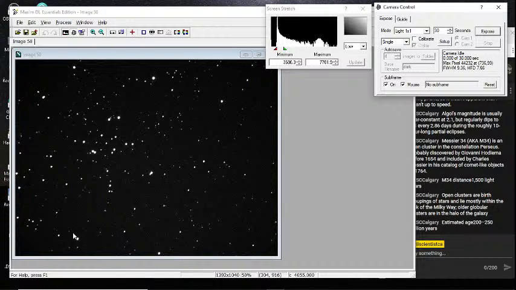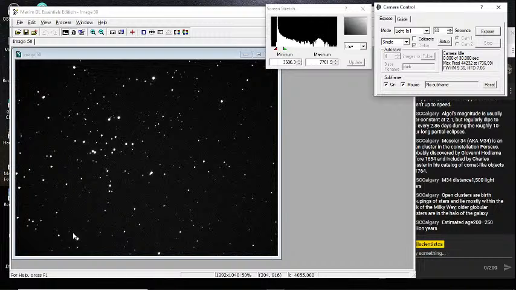So here we have another lovely open cluster. Got two more things that we'll look at tonight. We'll look at M78, which is a nebula. We'll move there next and get the telescope set up to do that. Like I said, modern telescopes are great. Just type in what you want and they go look for it.